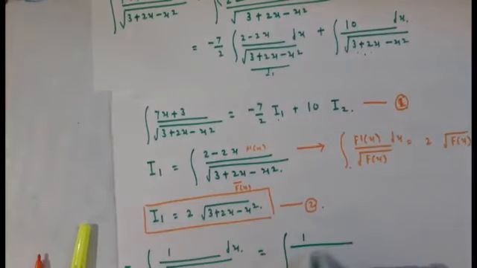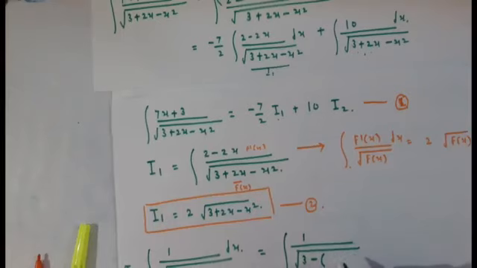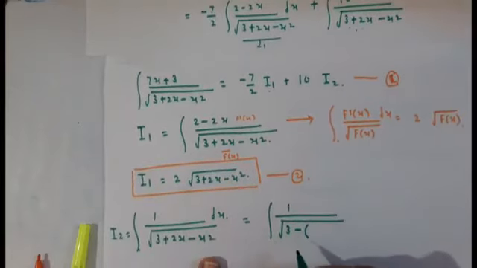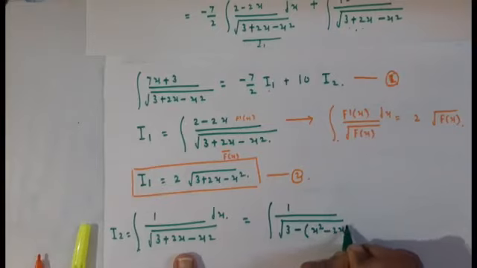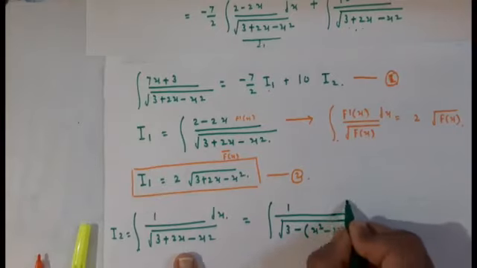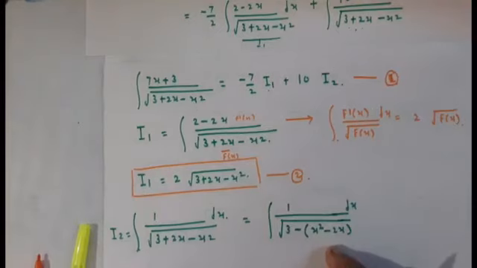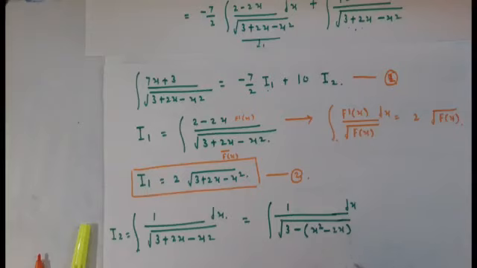That is 1 upon the integration of 3. Take the x square here. X square is negative, that's why take the negative sign outside the bracket. As usual method, we have solved a number of problems using this method, that is 3 minus x square, and this is minus 2x, with respect to x. Here the coefficient of x square is 1, that's why it is not necessary to divide by anything.